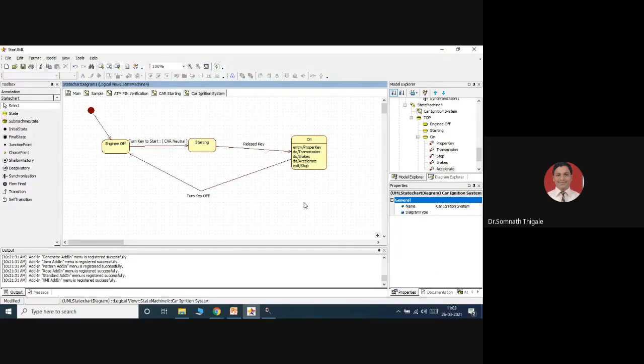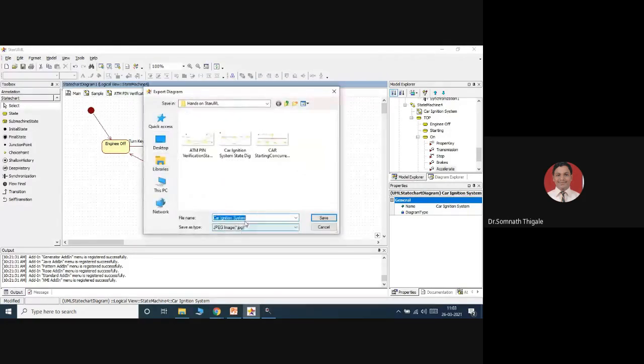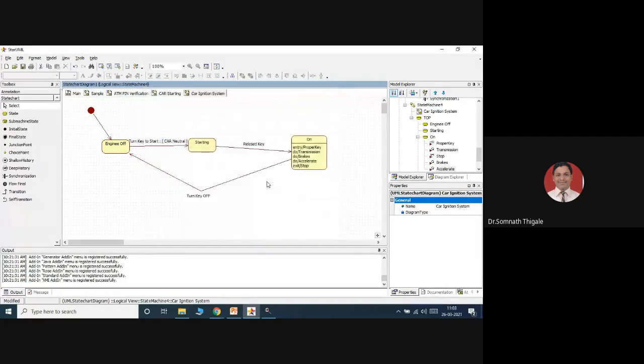This is exit operations. In this way, you can represent state diagrams, car ignition system, state diagram.